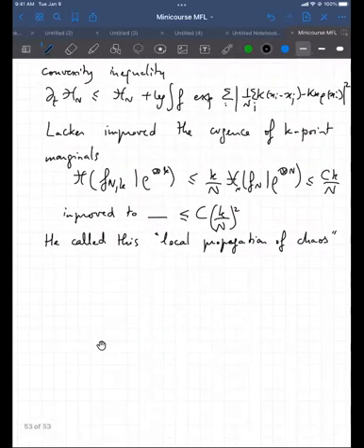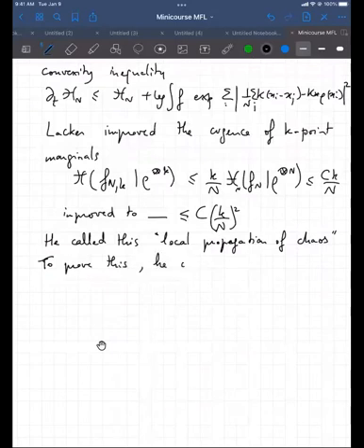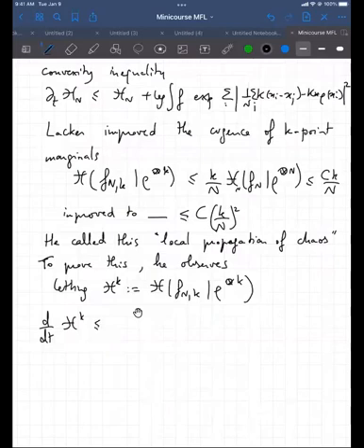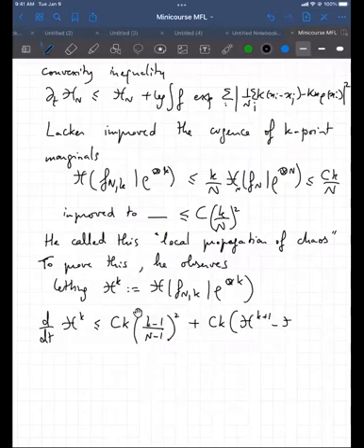So it's local in terms of these few particles that are the center of the attention, I think. So what he observes to prove this is that if you let h^k denote for shortcut the relative entropy of the k-point marginals, and you differentiate h^k in time, well, there's a certain number of computations, maybe I won't give them to you, but in the end, you get something that scales like k over n squared plus C k (h^{k+1} minus h^k). So this is the important inequality.